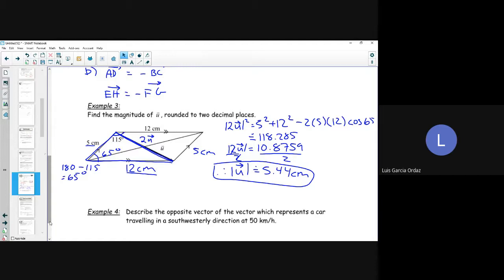Example 4, I'm going to leave it for you guys to do alone, and then I'll check up on it. It's just a diagram that you're going to be drawing. So you should be able to figure this one out pretty easily. Basically you're just drawing the opposite of what southwest is. And what's the opposite of southwest? Let's see, you can answer it right here. What's the opposite? Northeast. Perfect. So you would just draw a vector